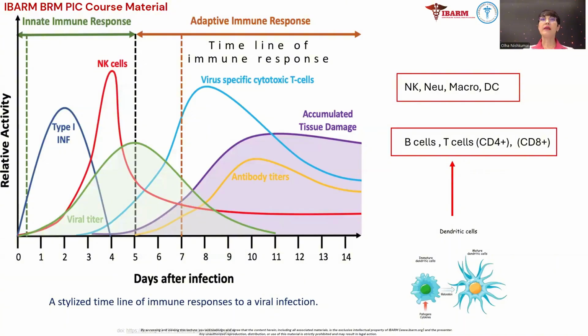How do innate and adaptive immunity interact? The innate response alerts the adaptive system to the presence of a pathogen through antigen presentation and cytokine signaling. Dendritic cells, for instance, play a key role in presenting antigens to T cells, linking the two arms of the